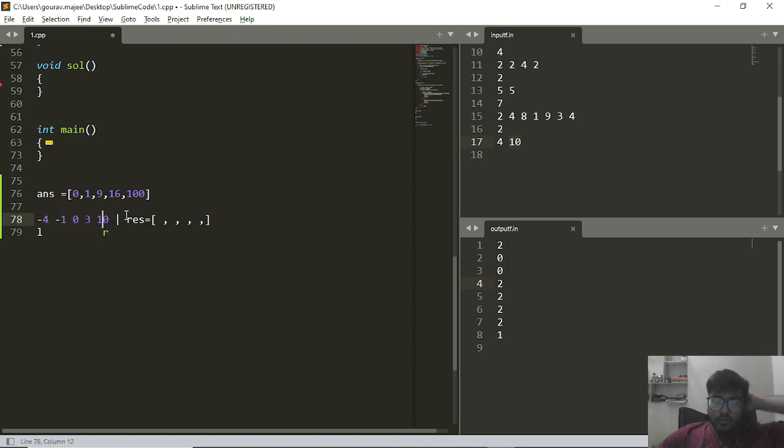We'll keep a record of a result array, and we want the maximum value to be at the very last, and the minimum value at the very first. If we square minus 4, it will no longer be a negative 4, and it will be placed in the right section of the array, right? So we have to keep looking at the elements at the very first and very last, because the very first would be the most negative value,